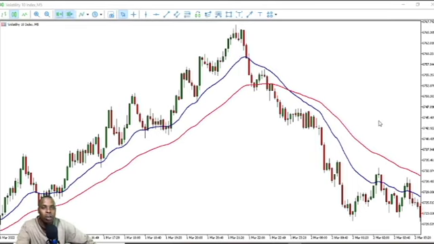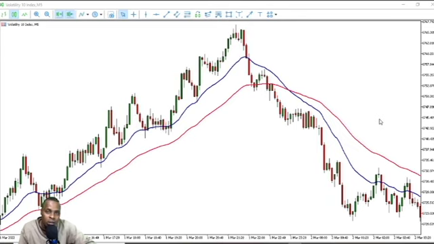In this video, I'm going to show you one of the best strategies that any beginner trader can use. The strategy consists of two indicators and a candlestick pattern. The two indicators you are going to use are the 21 EMA and the 50 period EMA. They are going to help us filter a strong trend, which is going either up or down, and then the candlestick pattern is going to give us the entry point